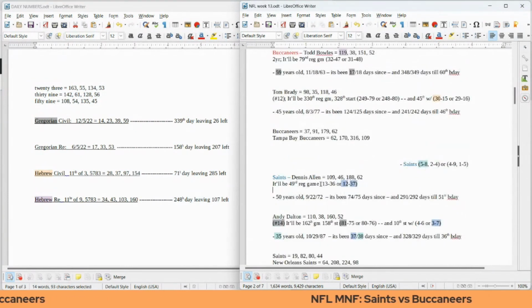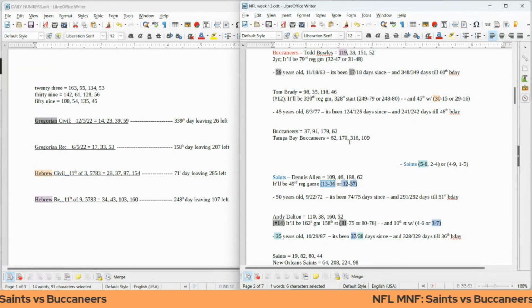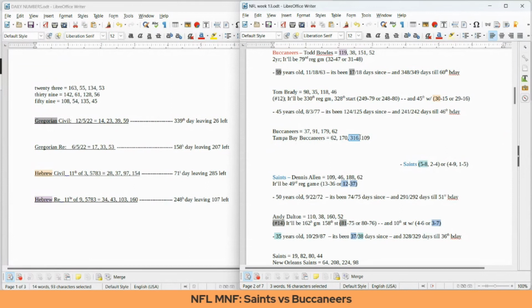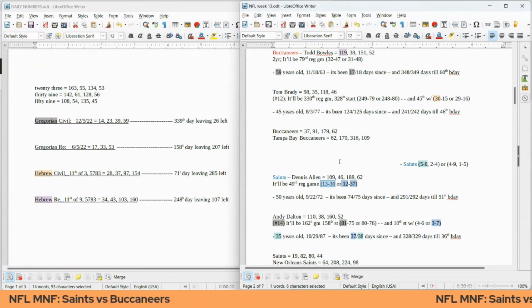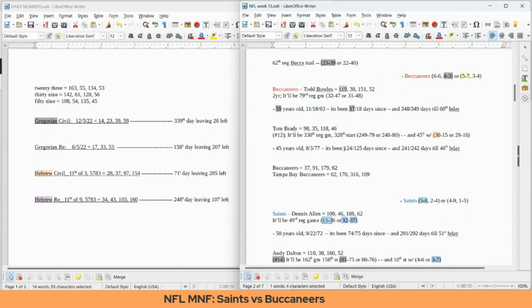Well, this can actually be something that might favor him, the 36. The Saints coach could become 1336 for a regular season record with the win. He'd be doing it against the Tampa Bay Buccaneers. Tampa Bay Buccaneers sums to 316. 316, 1336. They're just the same numbers being used.